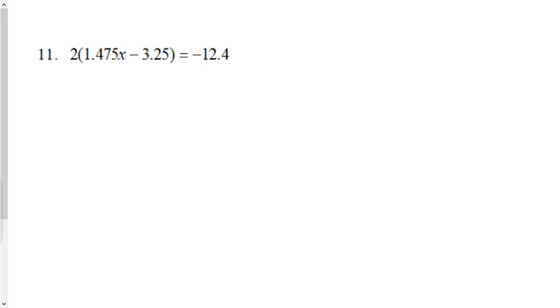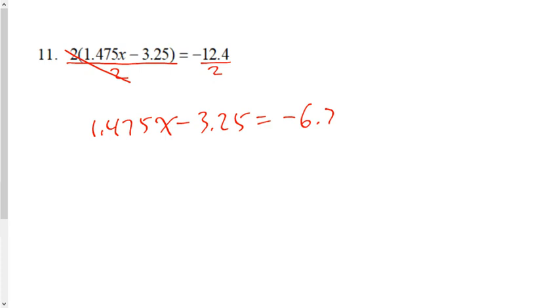Question 11, distributive property. Two ways to solve it. You could have expanded, right, which is no problem. But what would a smarter person do, Brian? If you have two groups of that is equal to this, dividing it by 2 means that one group of this is equal to this. Agreed? If two groups of this is equal to this amount here, then one group of that should be equal to half as much. In which case, adding the constant to both sides,